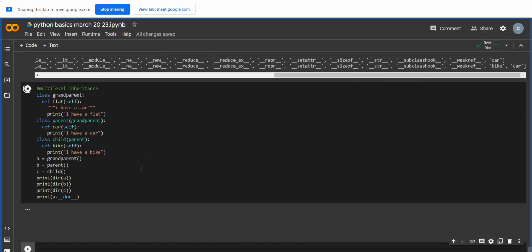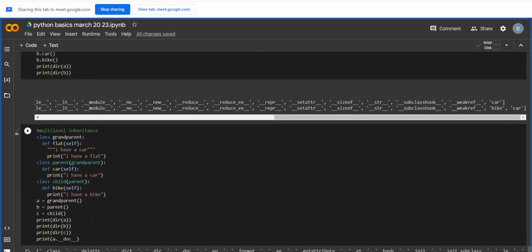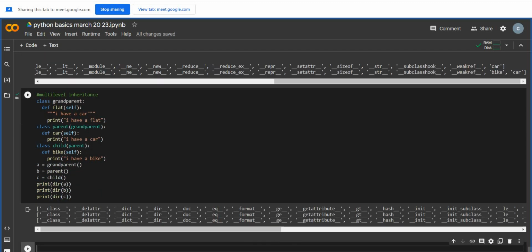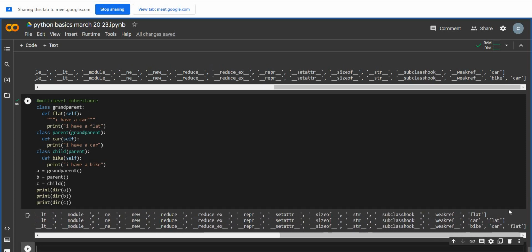When I print it now here, none. Okay, leave it. Let us check first what are the properties that are inherited. Now you can see the grandparent only has